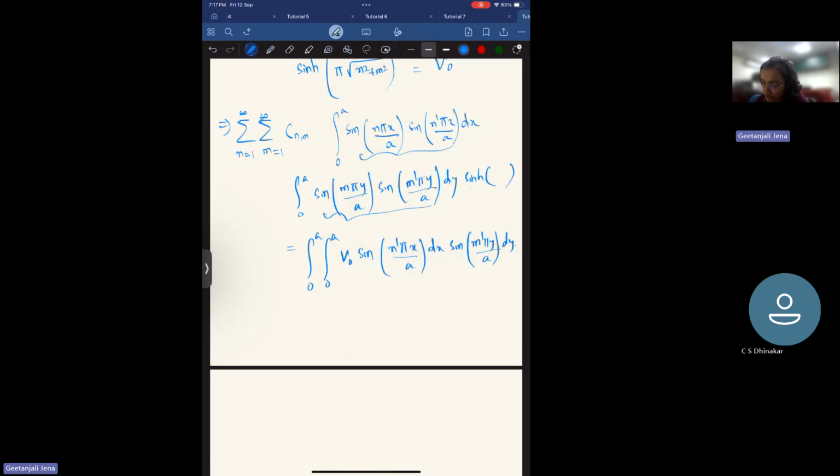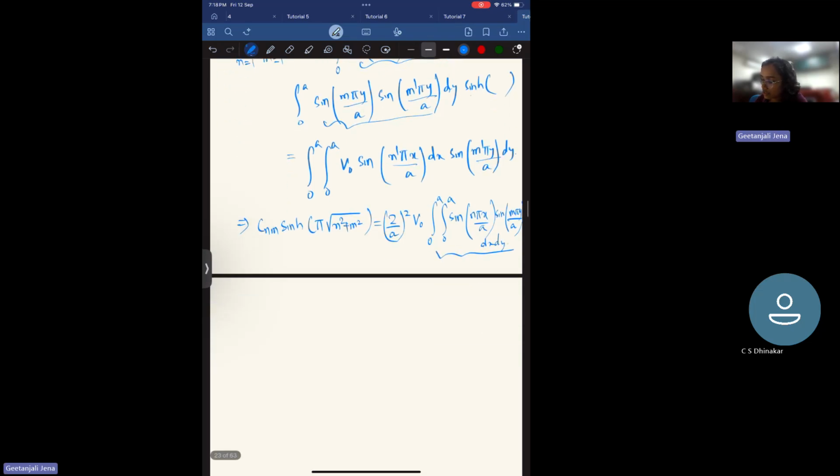So that means we have C_nm sinh(π√(n²+m²)) equal to 2/a² V0 ∫ from 0 to a ∫ from 0 to a sin(nπx/a) sin(mπy/b) dx dy, and the integration for this is